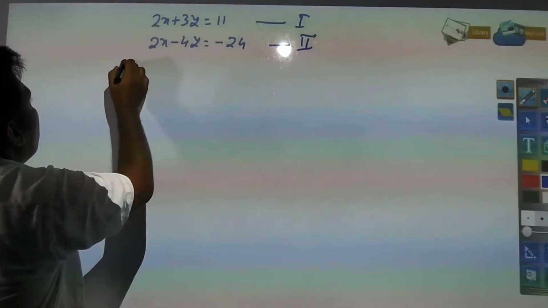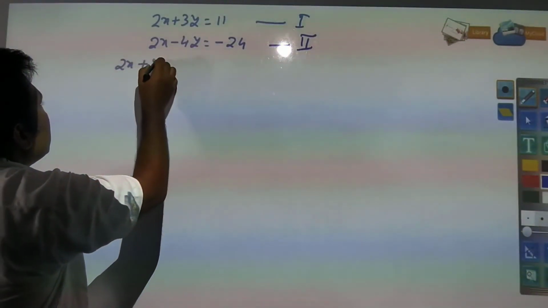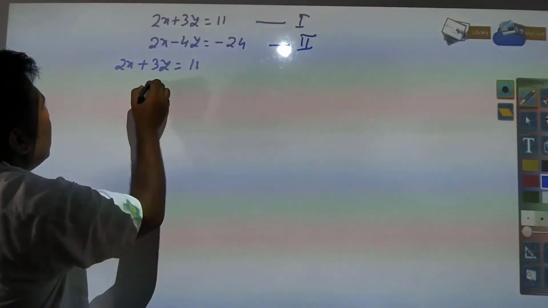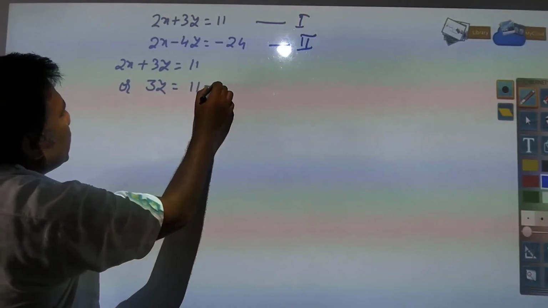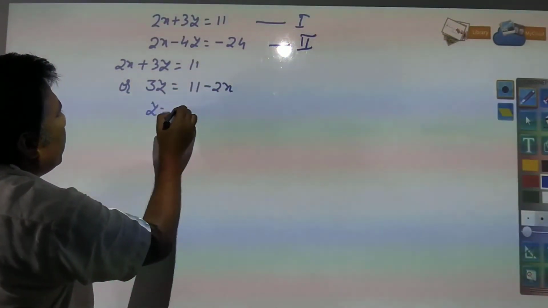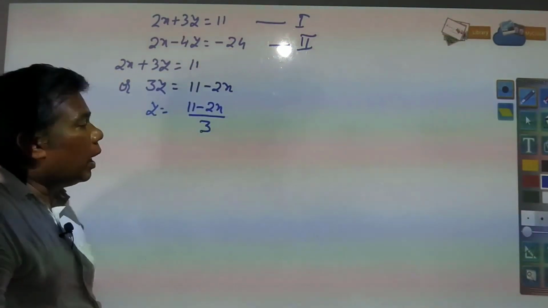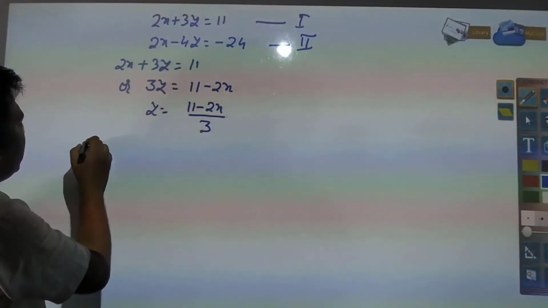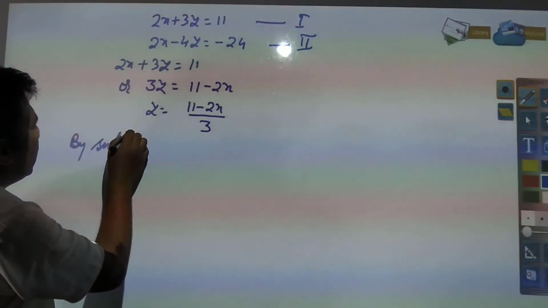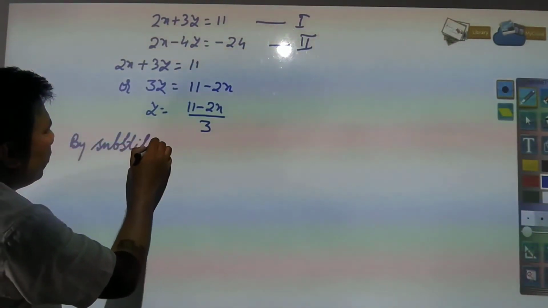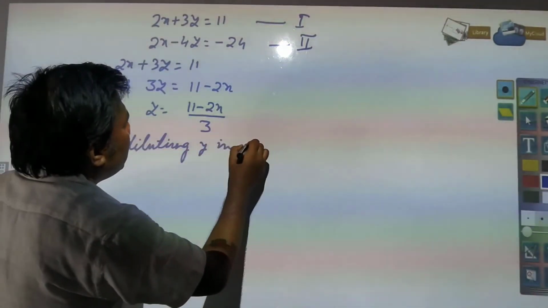So here we will do 2x plus 3y is equal to 11. 3y will be equal to 11 minus 2x, and y will be (11 minus 2x) divided by 3. Now y is required to be substituted. We will write by substituting y in equation